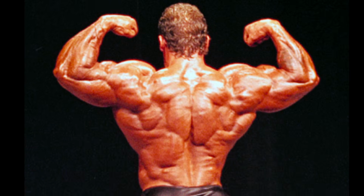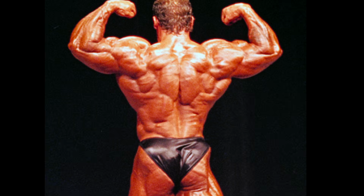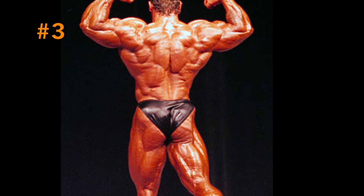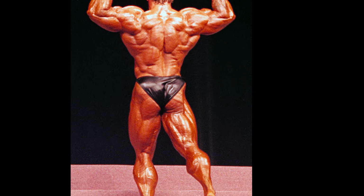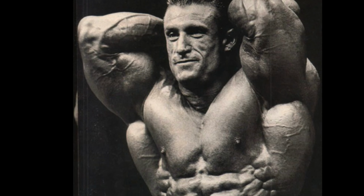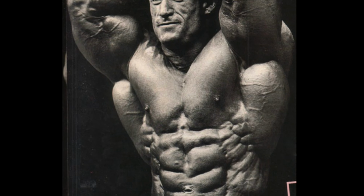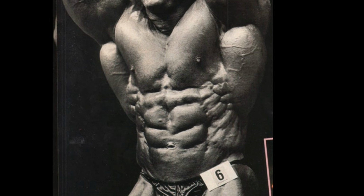And speaking of rock hard, freaky mass, who better exemplifies these qualities than the shadow himself, Dorian Yates? Dorian is my pick for number 3 because nobody ever brought that level of raw, hard density like he did. It was almost as though his physique had been literally carved from solid granite. In fact, he might even deserve that number 2 spot. I was having a pretty tough time making up my mind there, but ultimately decided he should remain in 3rd